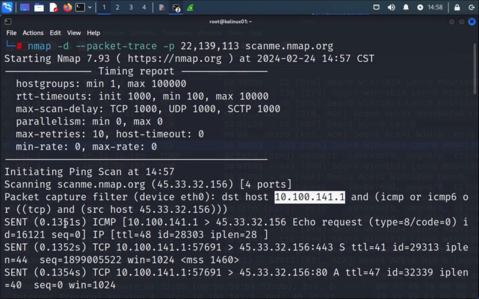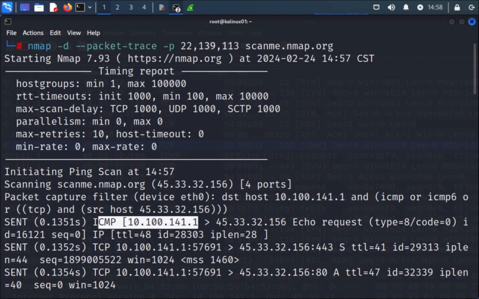So here it gives a little information about the sent packet. The ICMP packet is sent from your host to your target host. That is the echo request. Then the reply is given